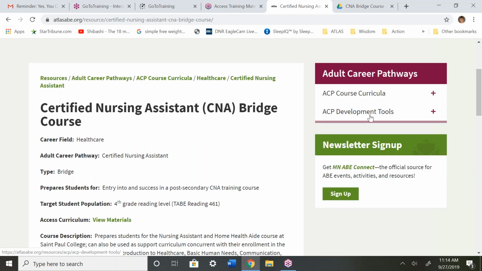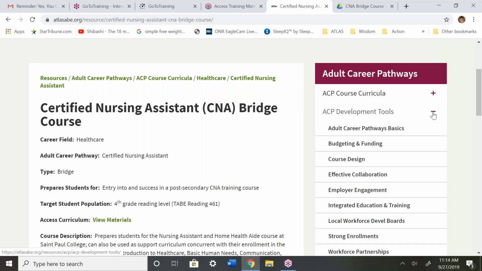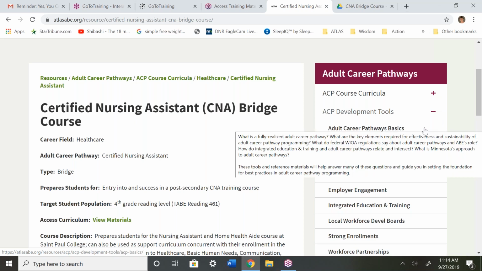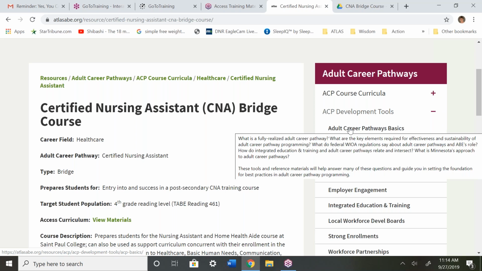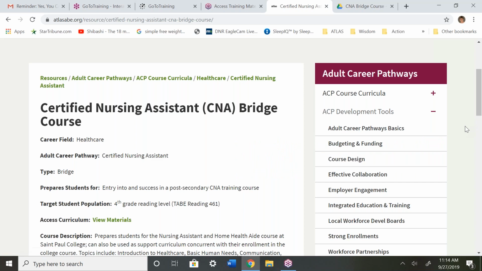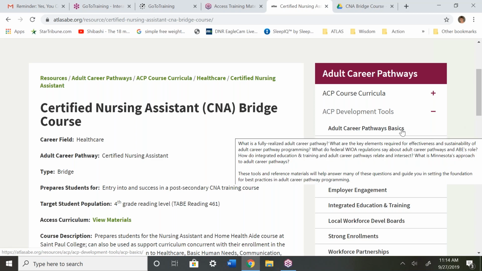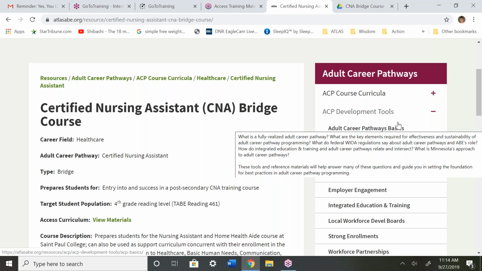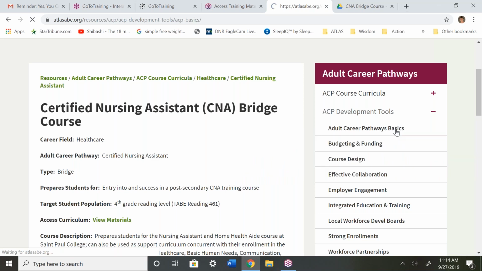The other section is the program development tools, and here, for those of you newer to the work, the place that you would start is the Adult Career Pathways Basics. So here again, we have organized these tools by category of aspects of the program development process.